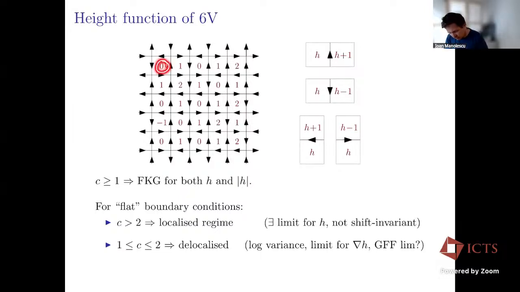You start off with a given face where you put just 0 as a height, and as you go to adjacent faces, you have a rule for either incrementing or decreasing your height by 1. So if, when you cross an edge, the edge points to your left, then you increase the height. So here I increase the height, that's why I put 1. Here I decrease the height because the edge was pointing to my right, and I put a 0. Okay, so let's follow this rule and fill up